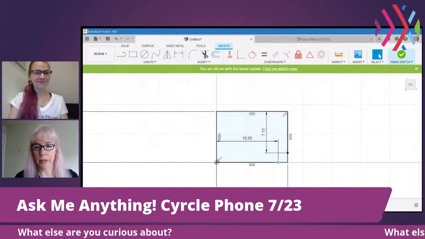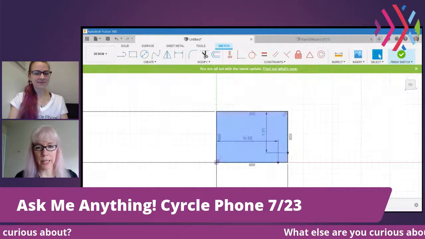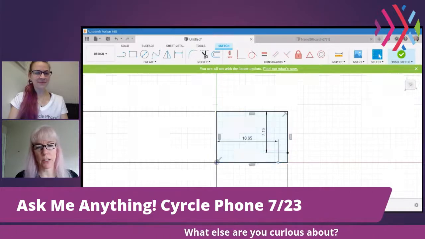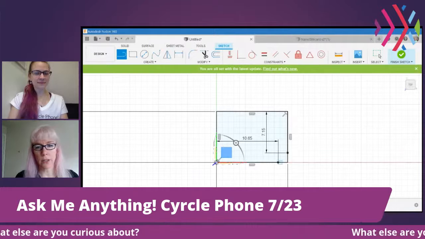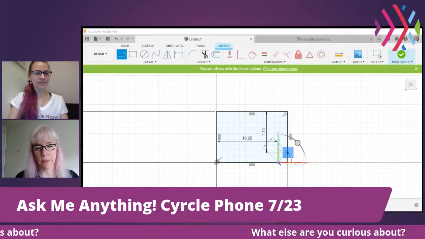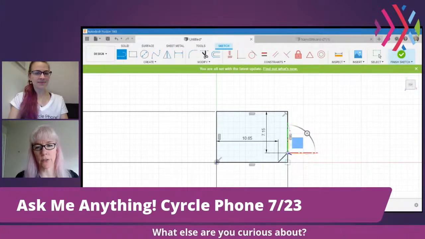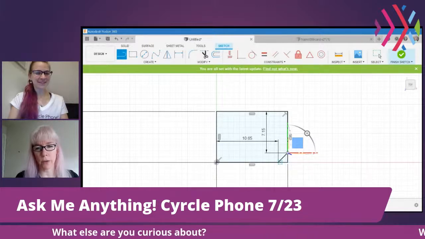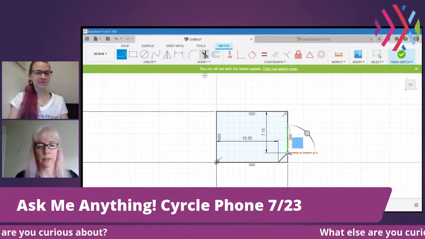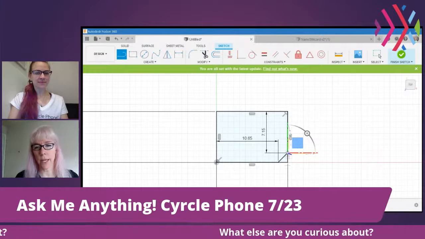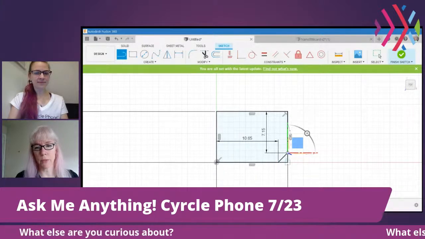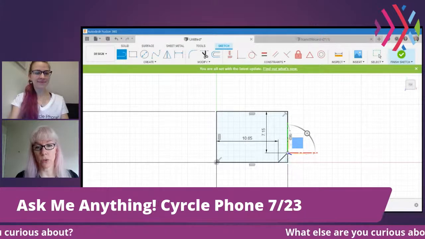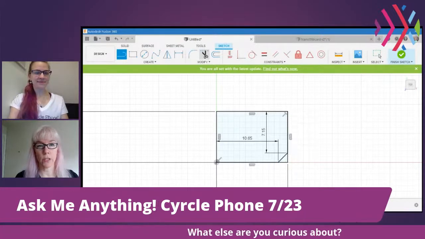Because this is how I think about it in my head. I need a rectangle, but then I need to cut out this notch, and the notch is in this approximate position. And now that I'm talking through it, I could have actually gone from this corner out, and that would have sufficed as well. So here we have the corner that I need, but then I need to really remove these two lines here. So I use the trim tool